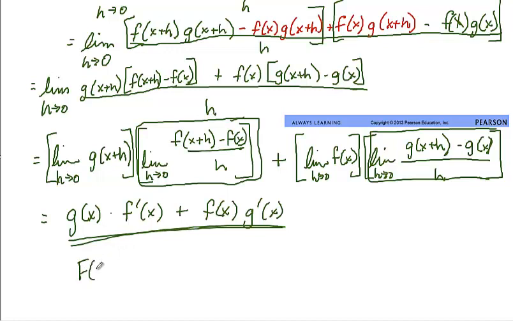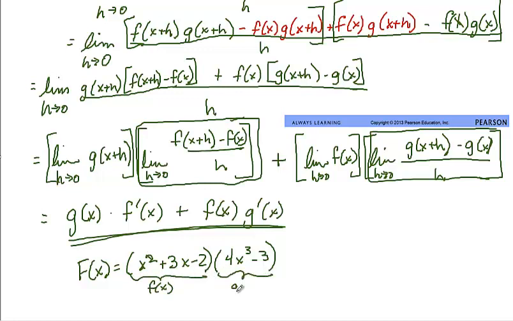Well, let's just say f of x happened to be x squared plus 3x minus 2 times 4x cubed minus 3. Normally, using my previous rules, what I would have to do is multiply all of this out and then do the individual terms. But using this product rule, if I say that this part is f of x, and let's call this g of x,